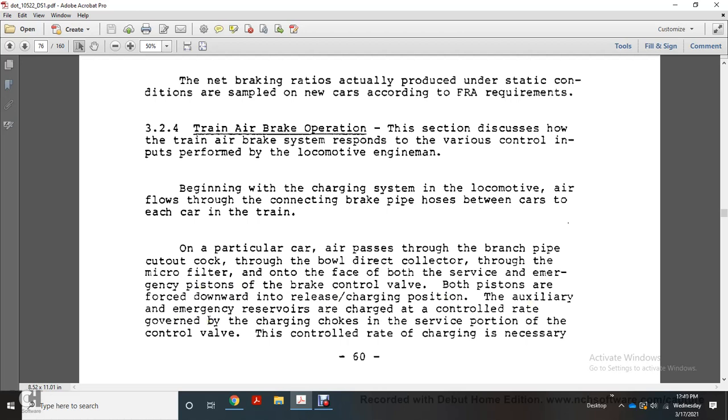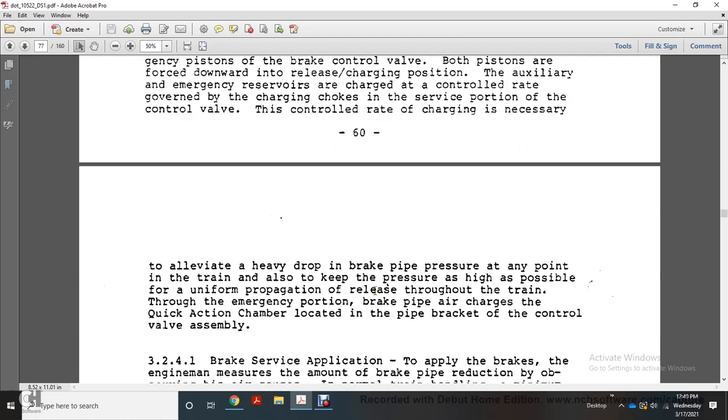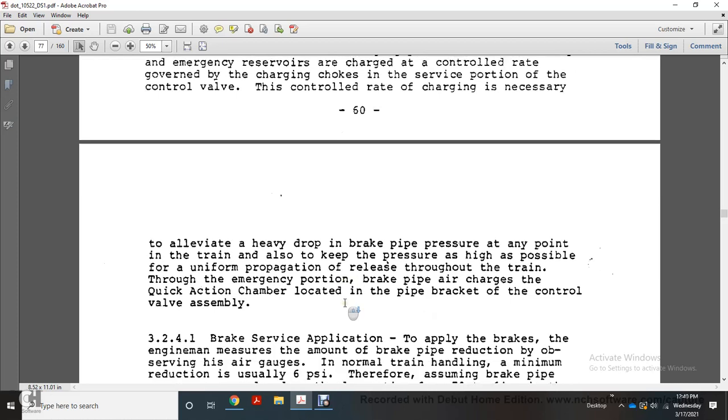Governing charge chokes control the shift of the proportion of the control valve, with the control rate of the charging necessary to elevate with a heavy drop of the brake pipe pressure at the point of the train. They also keep the pressure as high as possible for uniform propagation to release throughout the train through the emergency portion brake pipe air charge for the quick action chamber located with the brake pipe bracket of the control valve